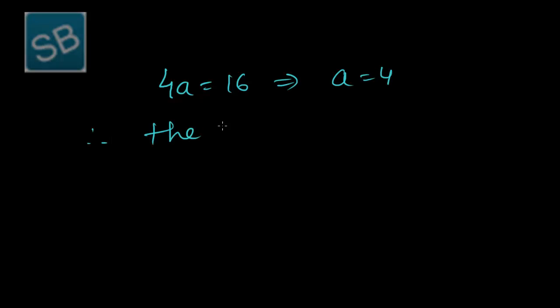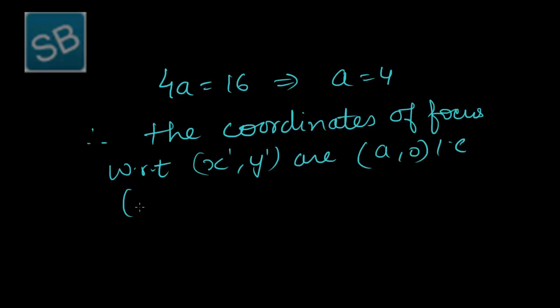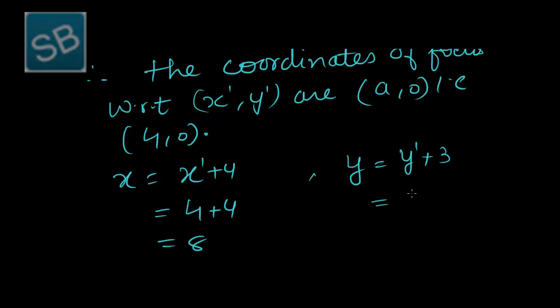Therefore, the coordinate of focus with respect to new coordinates x dash, y dash are a comma 0, that is 4 comma 0. And x is equal to x dash plus 4, becomes 4 plus 4, that is 8, and y is equal to y dash plus 3, becomes 0 plus 3 is equal to 3. That is